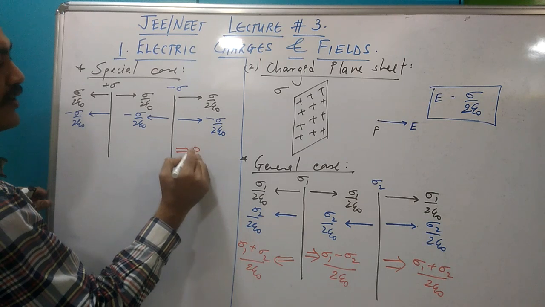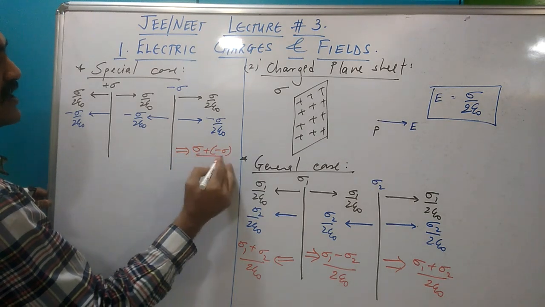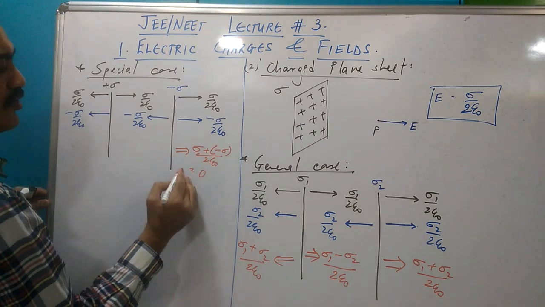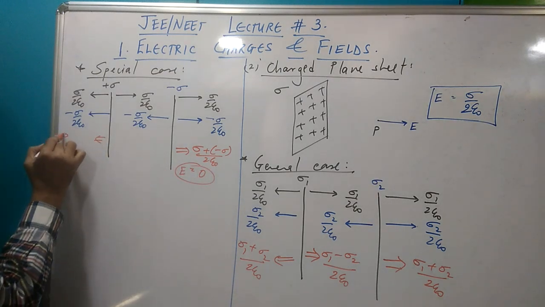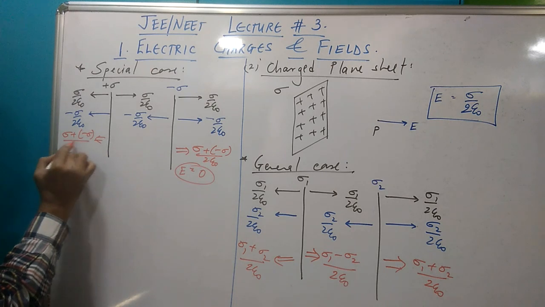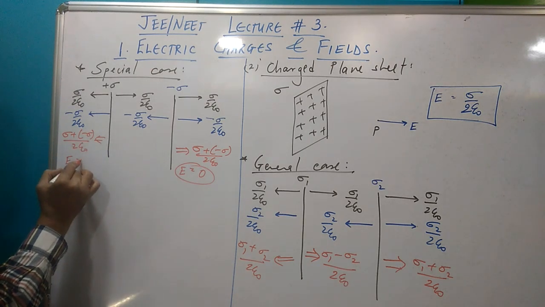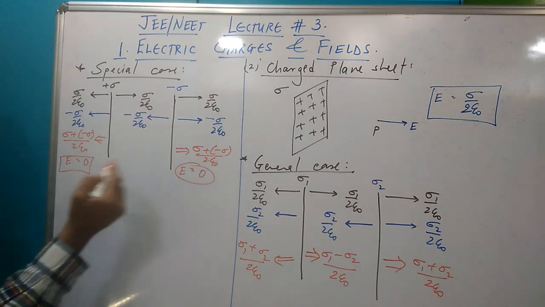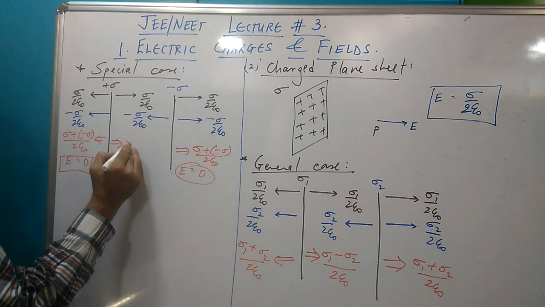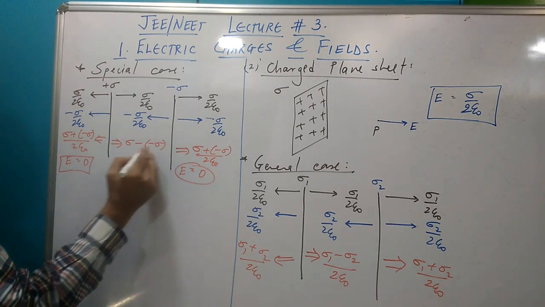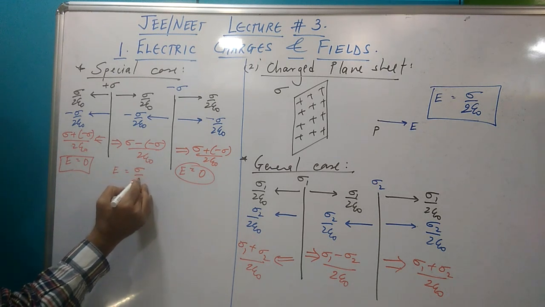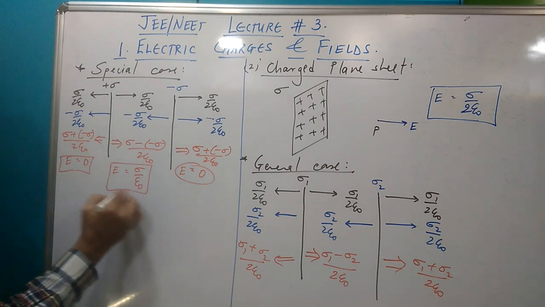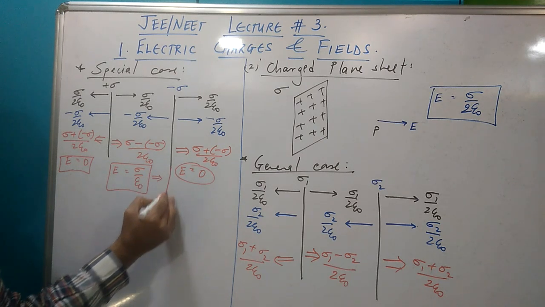And now if you consider yourself to be good at math, you can see both these will add up to produce sigma plus minus sigma, which comes out to be 0. Here the same thing, sigma plus minus sigma, which comes out to be 0. And finally the big idea, sigma minus minus sigma, which comes out to be sigma by epsilon 0 from positive to negative,